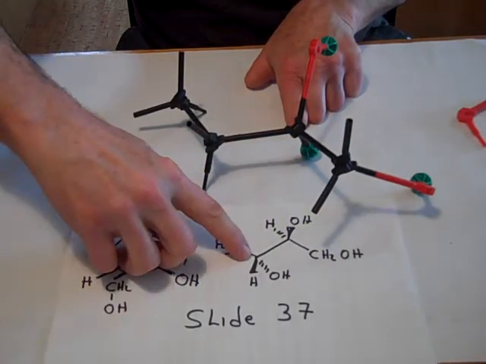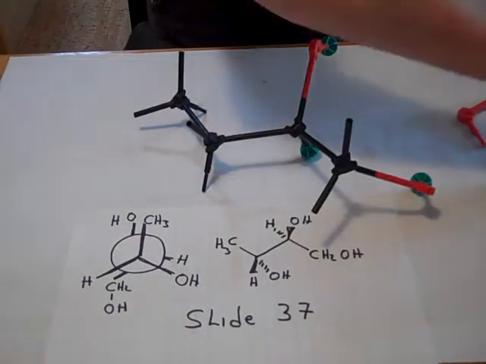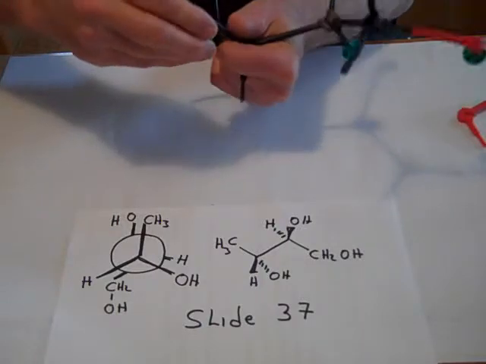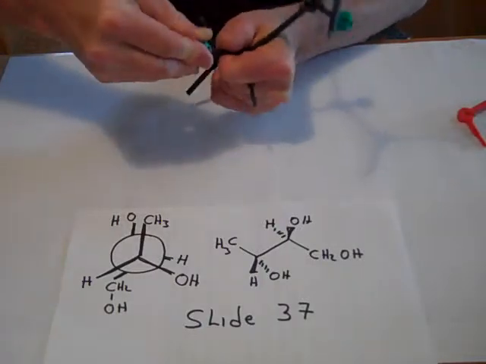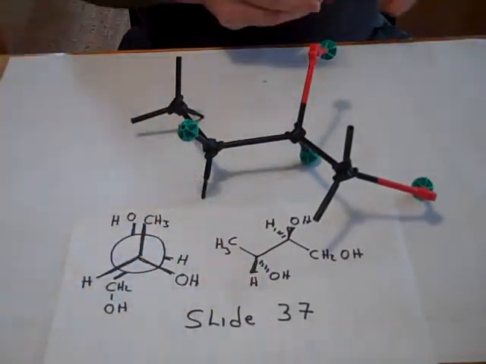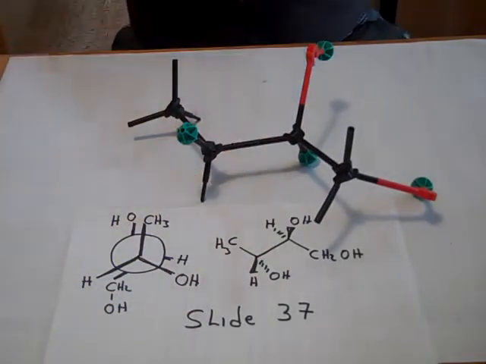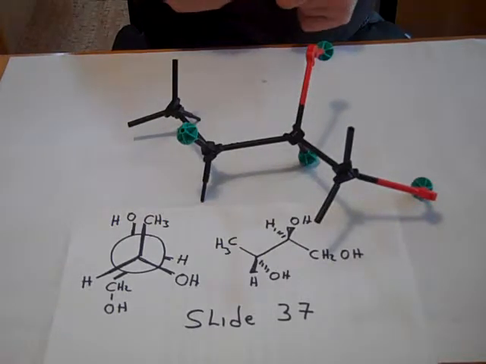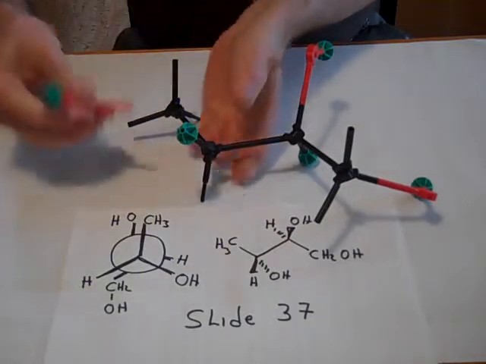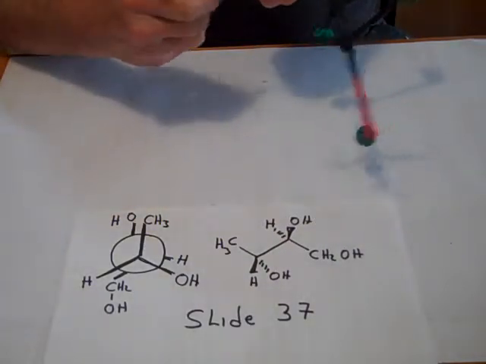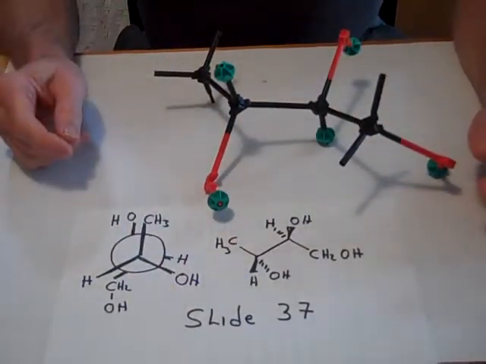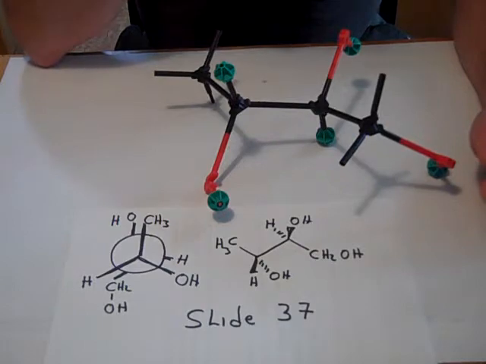If we go to this carbon, the hydrogen is coming out of the plane towards the viewer, so that goes on top here. And the OH is going away, so we'll put that on the bottom here. So this is a molecular model of this wedge dash representation. Now,